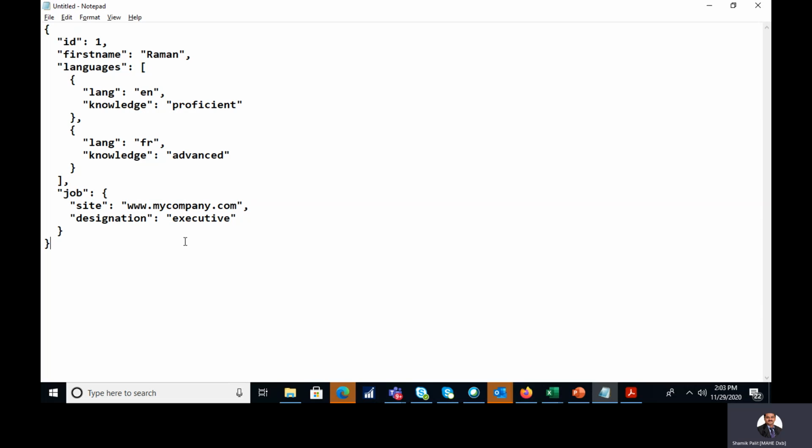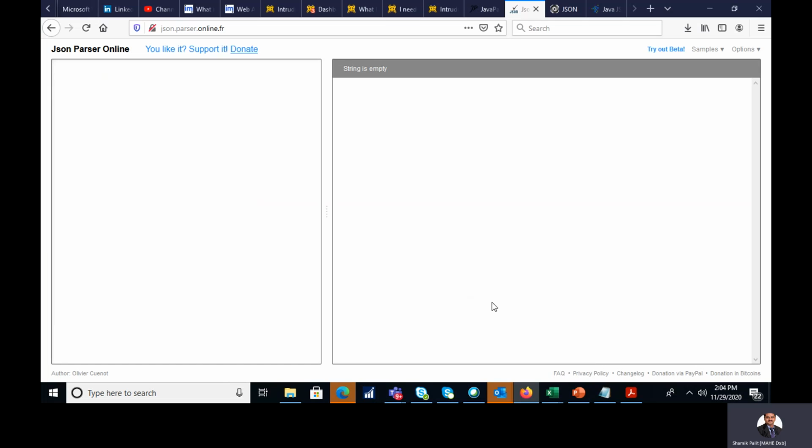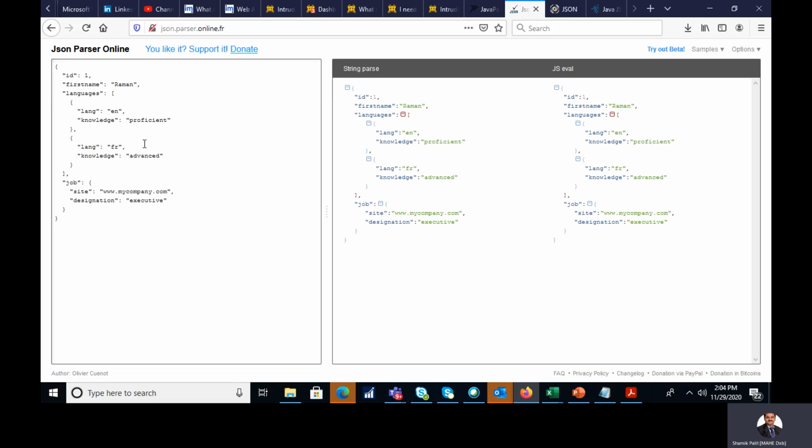So now we will also have a look at another very important component that is called JSON parser. So suppose you would like to work with an online JSON parser, this is the interface of the JSON parser. So here on the left hand side, in the left hand pane, if you put one particular code over here, it will give you the corresponding output. Like we are giving the code, and finally you see this is the corresponding